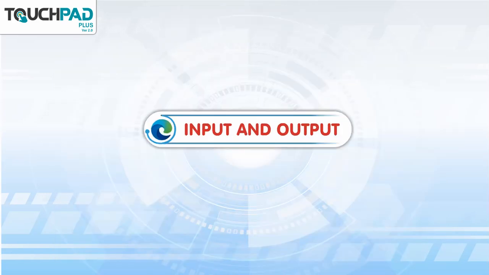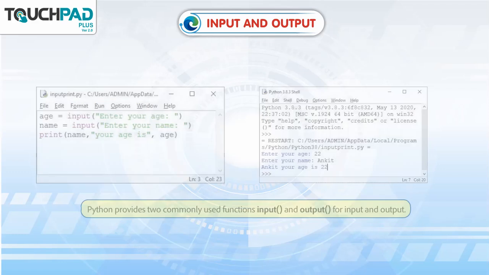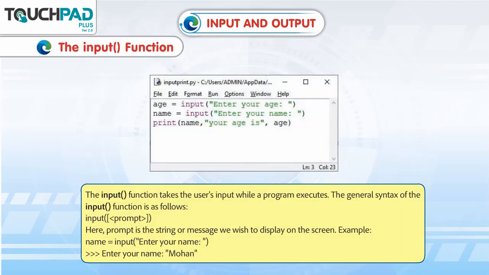Input and output. Python provides two commonly used functions for input and output: input and print. The input function takes the user's input while a program executes. The general syntax of the input function is as follows. Here, prompt is the string or message we wish to display on the screen. Example,